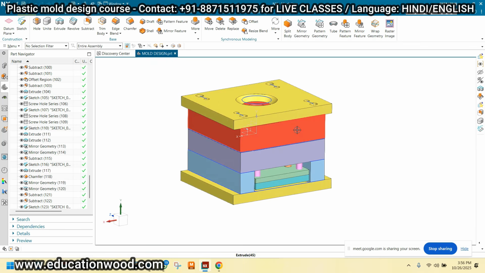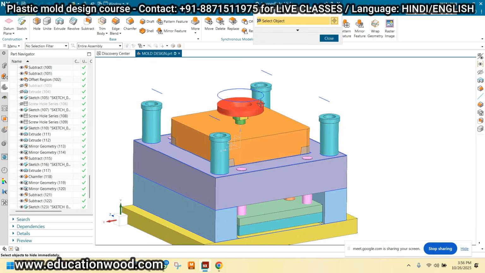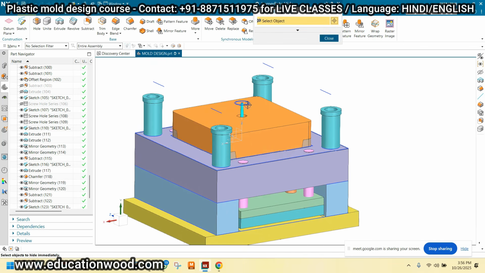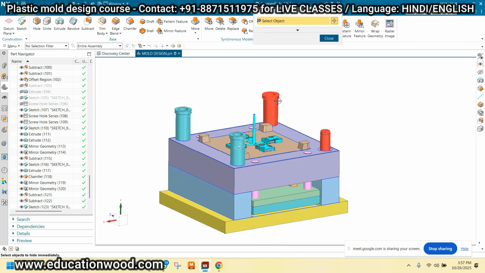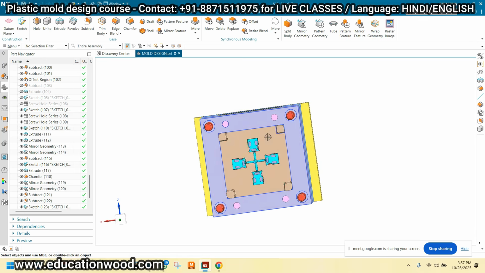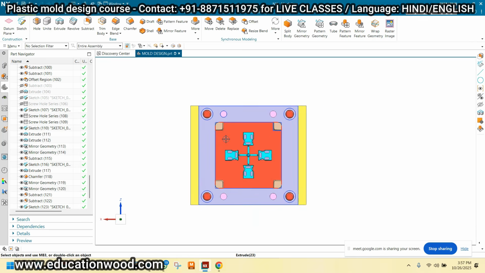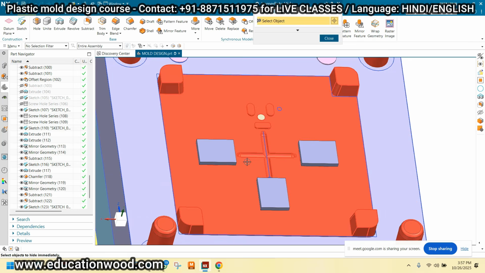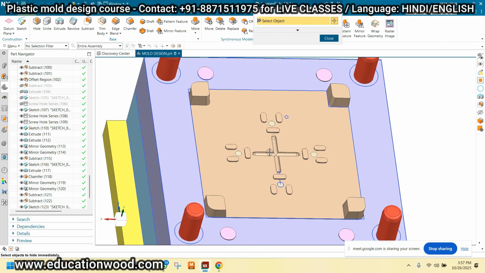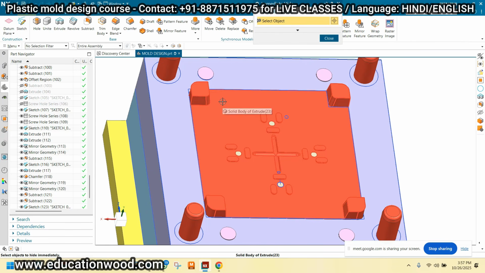Okay. Now, for example, for the manufacturing purpose, you have to provide the reference hole also. So, what is the purpose of the reference hole? First of all, tell me. Now, for example, in future, you want to prepare the same core and cavity on this plate.